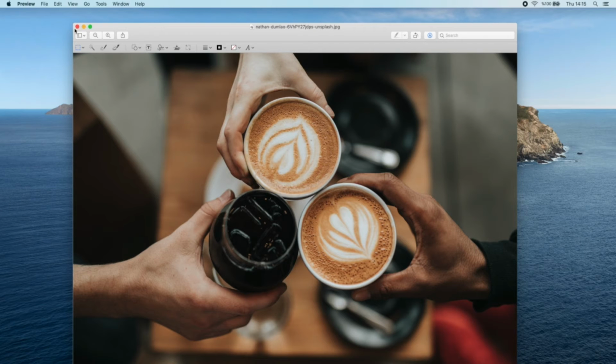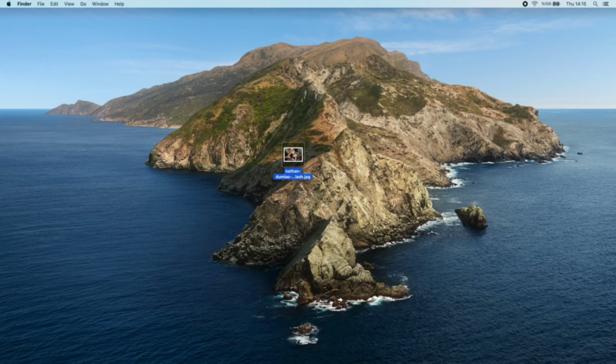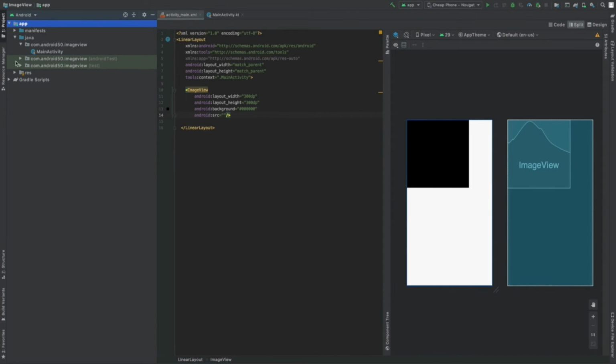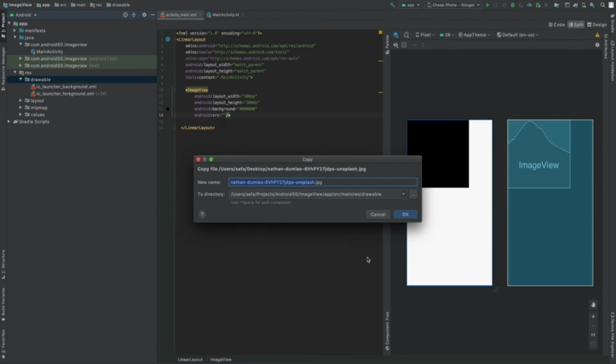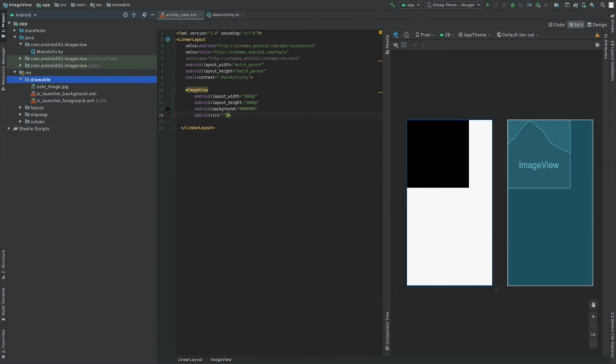Okay, this is good. Let me copy this file by pressing Command C, and I'm going to paste it into res drawable. I come here and press Command V, and select the drawable folder. We'll rename it as cafe_image. Okay, so now that we imported our file into our project, we need to put this file into this